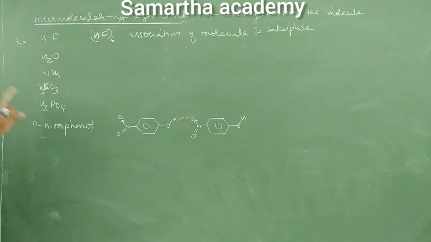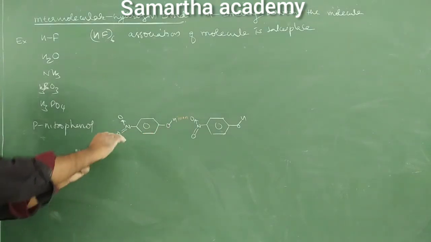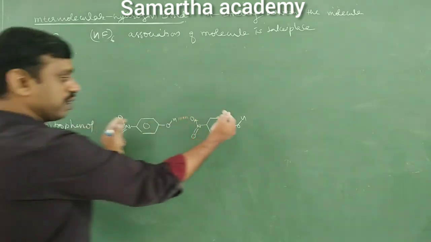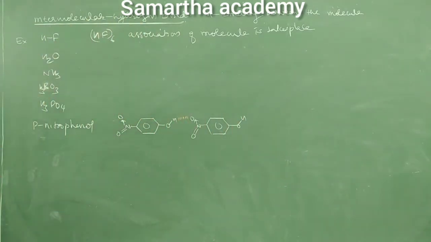So here, in case of paranitrophenol, is intra possible? Not. Why? You see, these groups are opposite. They are opposite, therefore their chelation is not possible. So here many molecules get associated, their association is possible. Like that. There we have taken ortho, no? Here all you can take para. There we have taken orthonitro, here paranitro.